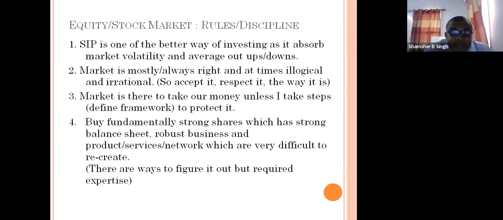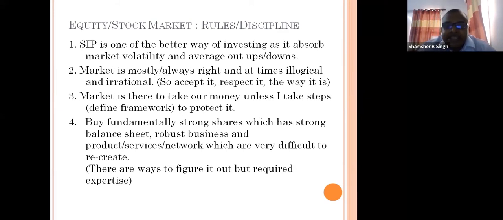So what exactly does it mean? Let's say the market is low at some times, and you are investing, let's say, 10,000 rupees every month. So your investment will go in when the market is low. Let's say COVID time, the market was low. You will invest at that time also. And let's say right now the market is relatively high, so you will invest at that time too. So things will average out over a period of time, and at the same time, you will not get emotionally carried away. You know that every month I need to invest at least 20% of my saving. You'll keep deploying that money